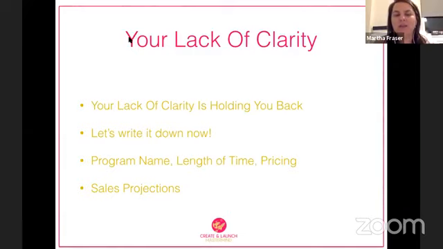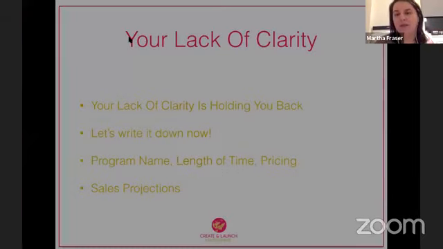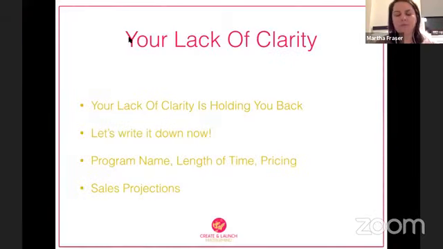And then I want you to think about, actually, let's just do that first. So write down, I'm going to give you a minute to do this. Write down the name of the program. Write down the challenges that your customer has. Write down just anything that comes to mind, and you may just start writing, because when you write, it really helps massively.